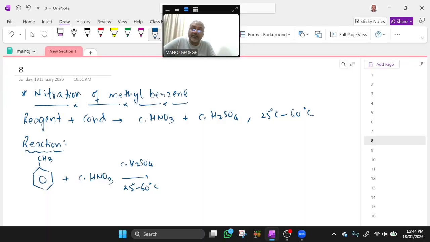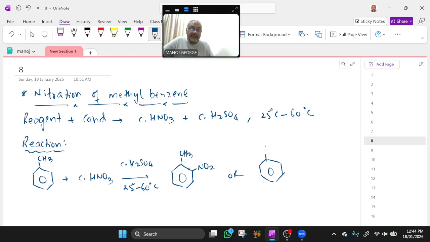Ortho is position 1,2, which is equivalent to 1,6 on the other side. And position 1,4 is para. So ortho para, as we say. So we are going to get two products here, two isomers. So I will get here 2-nitromethylbenzene, or